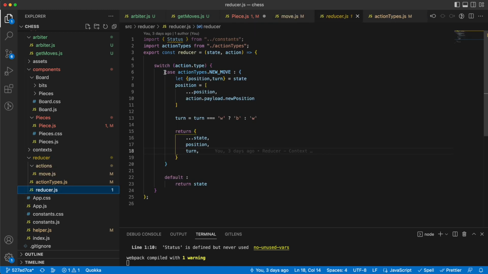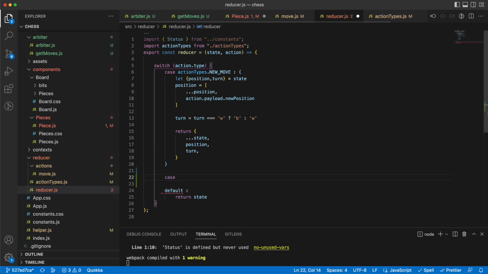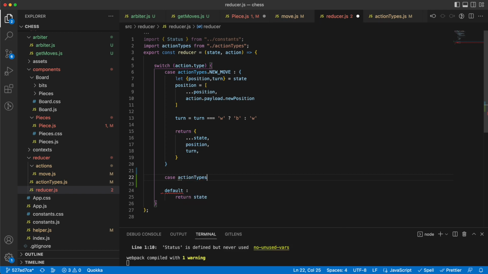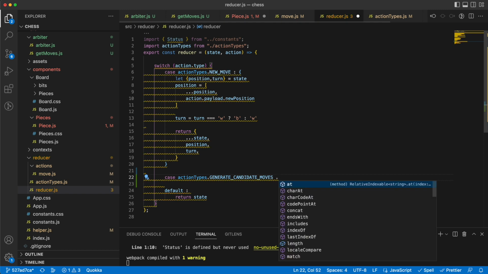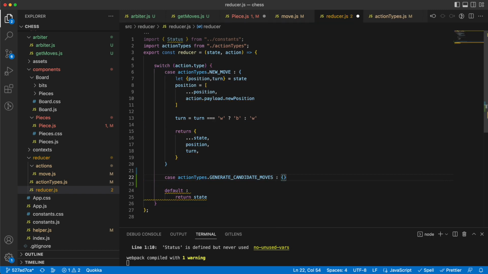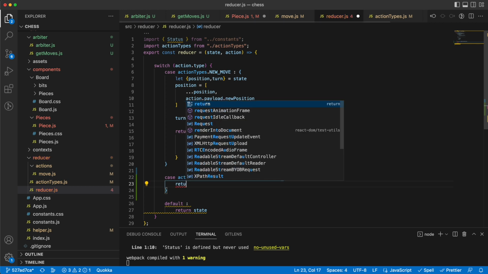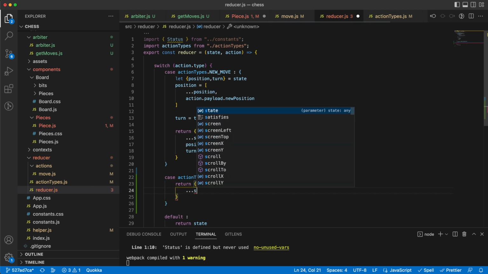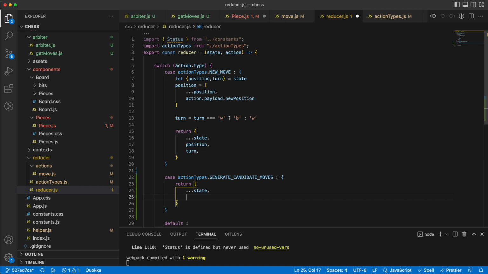So I would say that, like this, but case if it's action types dot generate candidate moves, then let's say that return whatever the state was, and then